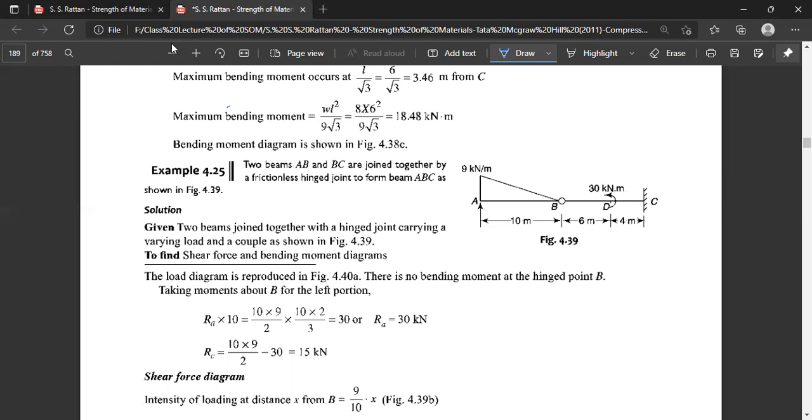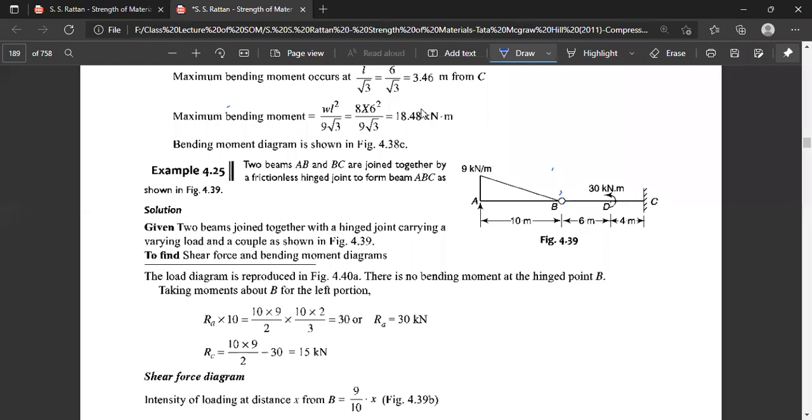Yesterday, we did a new type of problem having two beams, AB and BC, joined at the point B by means of a frictionless hinge. One of these beams, AB, is loaded by a triangularly distributed load of intensity 0 at the end B and